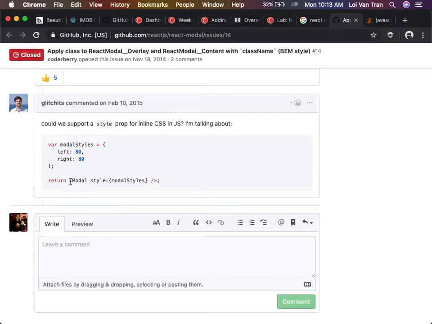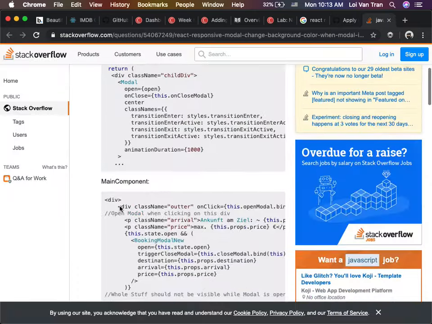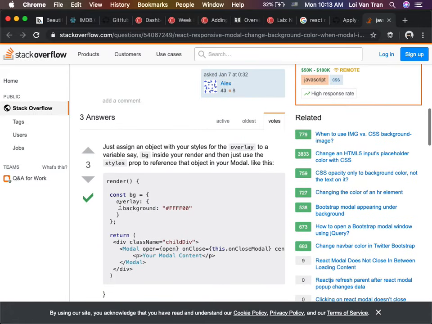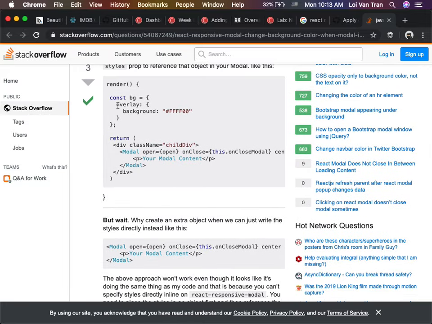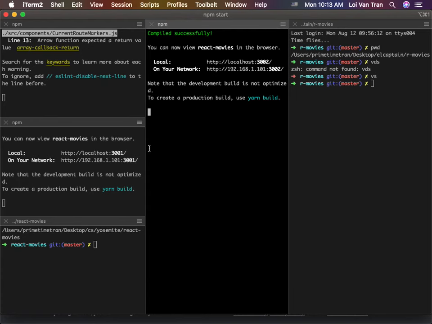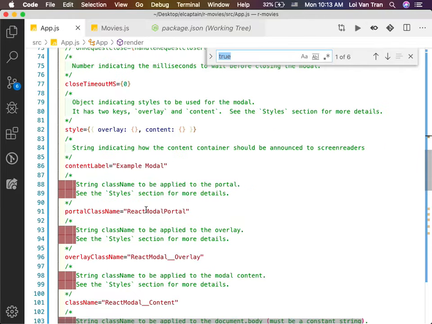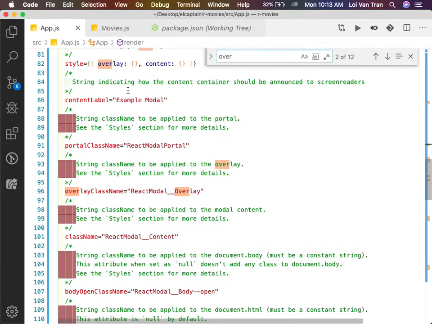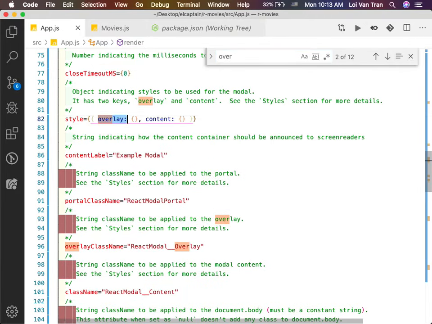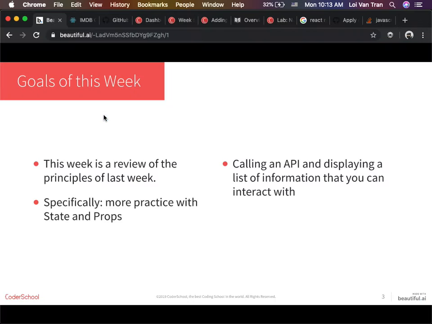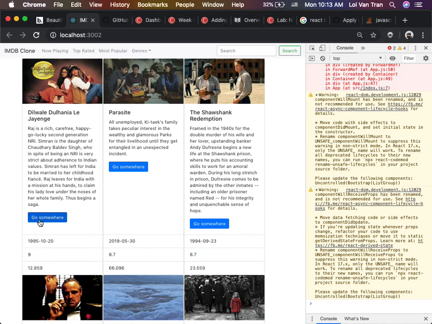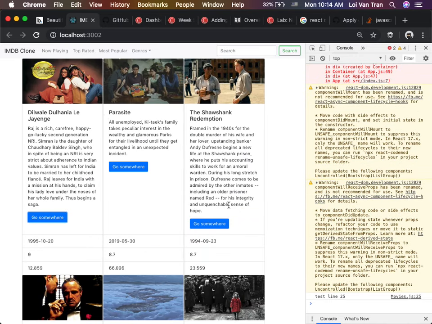I think this is it. Is this it? No, that's super old. Overlay. This is the example right here, I think. So we're gonna find overlay. It is. Come on, baby. Dog, did I not click it? Why is this working? We have a modal.